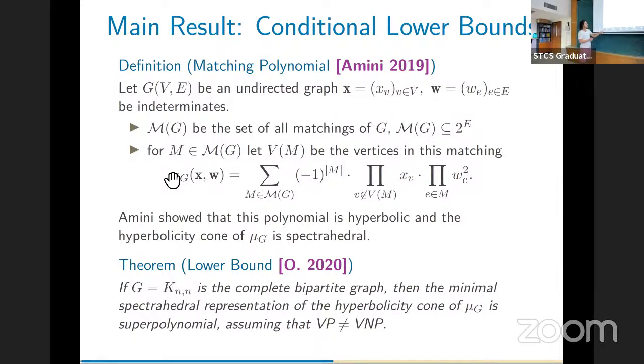But there is something interesting about this, because the constant coefficient of this polynomial, the constant in x, is the permanent. That's where the hardness comes from. As this has a hard coefficient, that's what we exploit. And the funny thing is that this proof does not have much to do with the geometry of that cone, because I'll pick one coefficient and it's enough for me. The constant in x, the pure polynomial in w. This is the polynomial in x and w, so if I just take the matchings, I get all the perfect matchings. Exactly. Yeah. And those are all the perfect matchings of the complete bipartite graph.